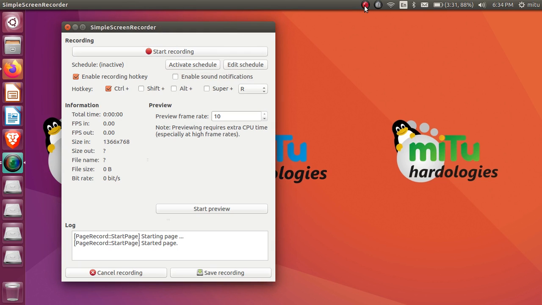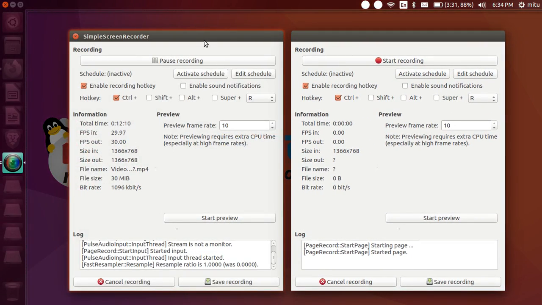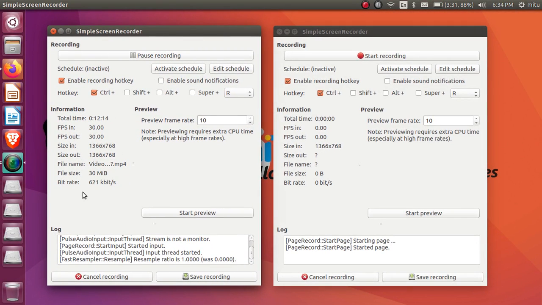So this is my already created software where the recording is already started in red color. Red color identifies that the recording is started. Do you want to check how the recording is started? One more window I'm having here. See this. This is the current recording which I started. You can see the total time spent on the recording is 12 minutes and some seconds. This is the frame rate, and we have converted this option of start recording to pause recording.